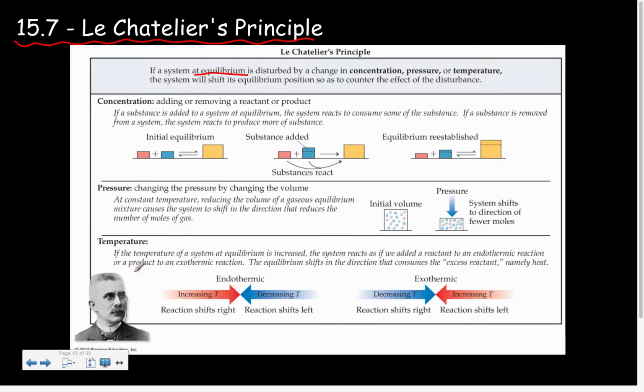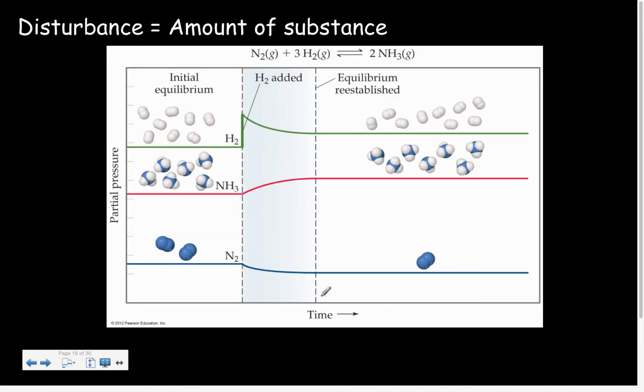And this figure goes over whether we change concentrations, or change pressures, or change temperature. Go over this figure and make sure you understand it. All right. Now, let's say that our disturbance is the amount of substance. Remember that equilibrium is defined by my K value, which means that,